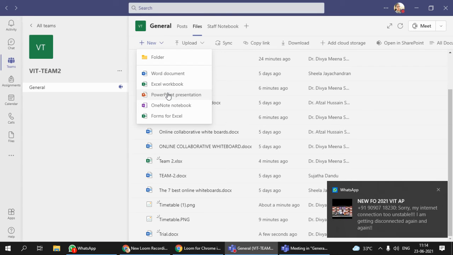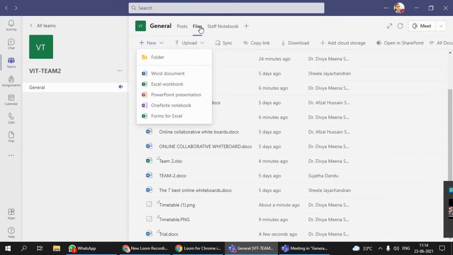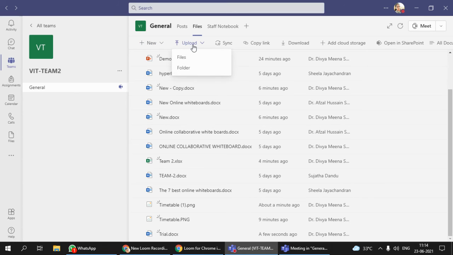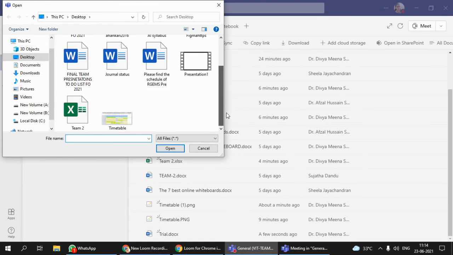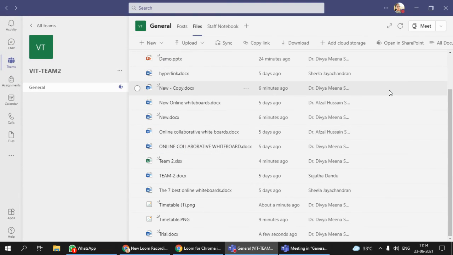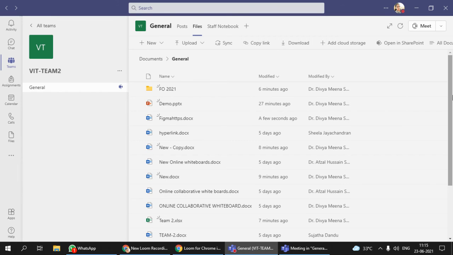This is one way where you can create your files, and you also have an option called Folder, by which you can move all the documents into one particular folder, say module wise. The second option is Upload. You can either upload a single file or a whole folder together. For files, I'll just click, and I'm going to upload this file here. When the uploading is going on, you can see the symbol in the top right corner. Now it is uploaded, and you can find the document over here.